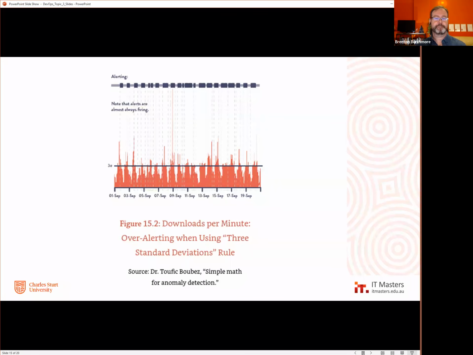If I give you something like this, where you look at this threshold here, this line that's here, it's exceeding this every day. Usually a day is a popular cycle for things, and it's going above this line. Now, that might be our average, but every single day it's going above that. We want to make sure that we're not responding to unnecessary alerts, so we might measure the degree to which it goes above, and we're only going to worry about it when it exceeds by a certain value.